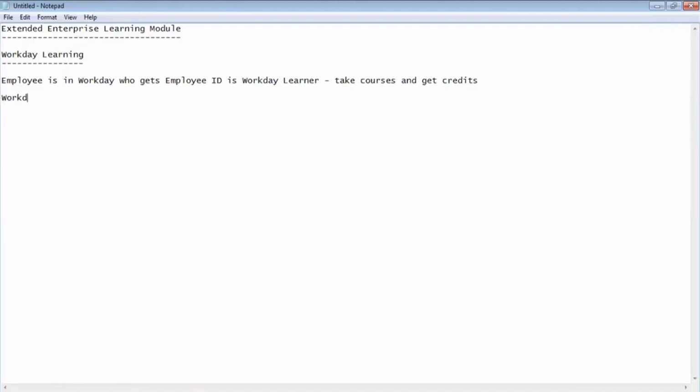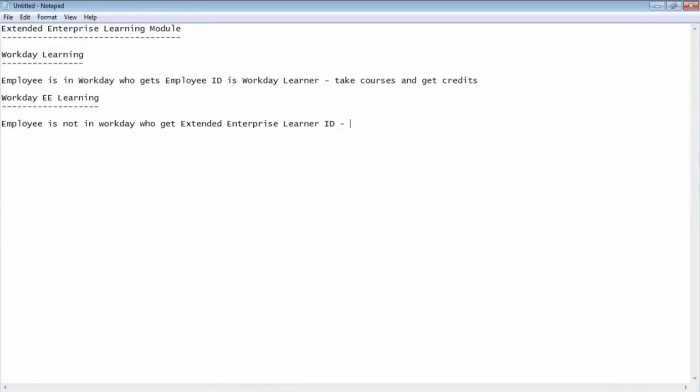But what we see in extended learning is extended enterprise learning. What we generally see is the employee is not in Workday. Who gets an Extended Enterprise Learning ID? Who gets courses?